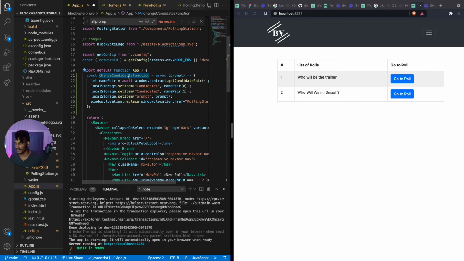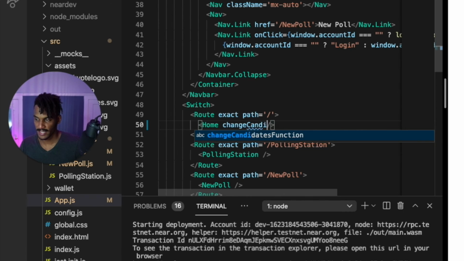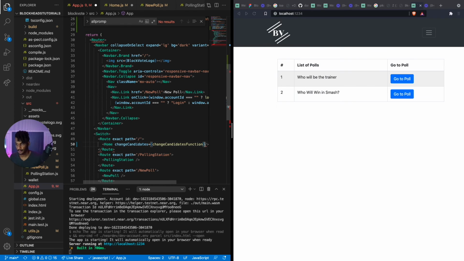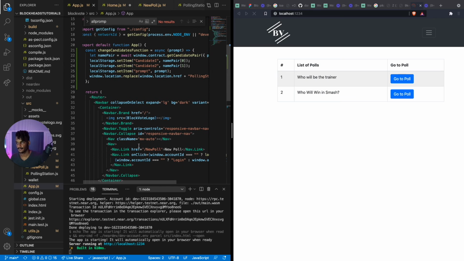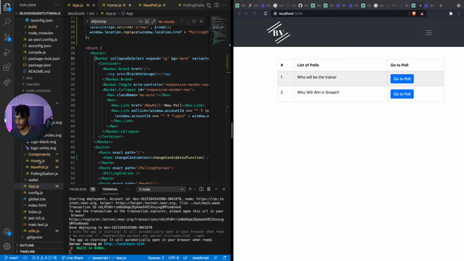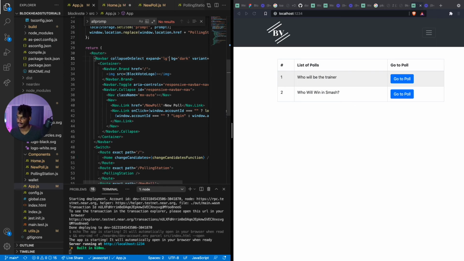So we're going to take this function name and pass it into our home component under the name changeCandidates is equal to this. So making reference to the function. So we're going to save all of that. And we're going to go back into our home page, our home.js button, and we are going to attach that as an onClick to these buttons here. So we're going to call props dot, I forgot the name of the function,